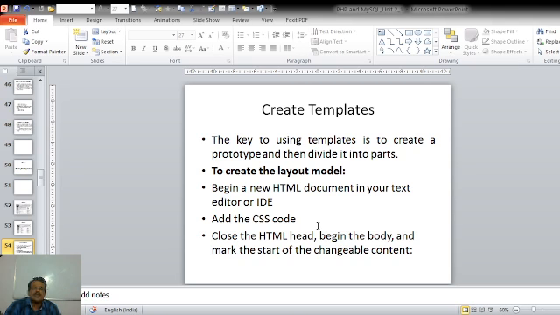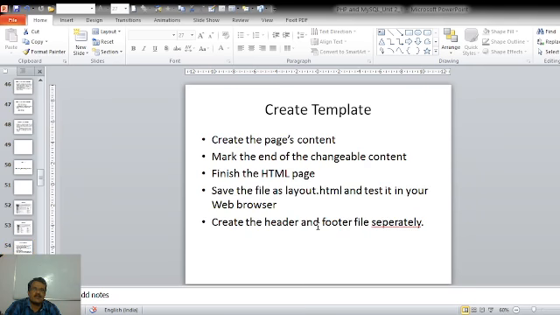Then we add some CSS code, that is cascading style sheet code, to our HTML document. Then we close the HTML head and begin the body tag and mark the start of changeable content, means which part of the web page is changeable in every page. Then create the page content that is being displayed in this changeable content area.